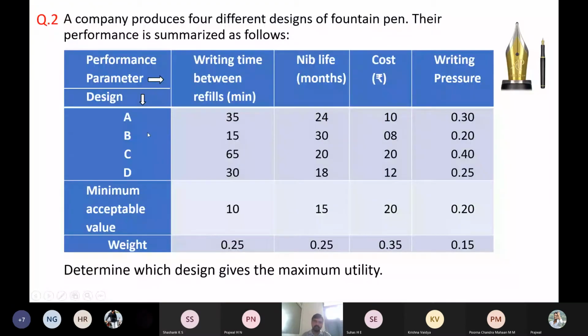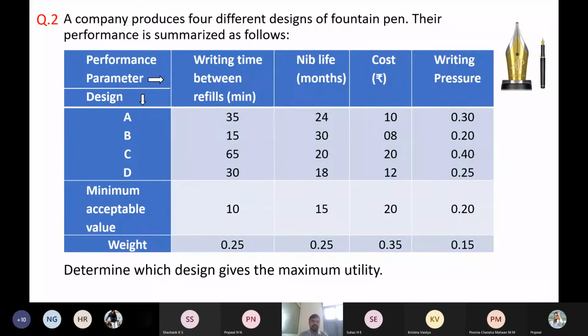Okay, we'll start today's session. In the previous class, we discussed how to find utility and how you can make a decision based on utility. You are going to select a design concept or an alternative which will provide you maximum utility. In this class also we are going to solve a few more problems that will complete unit 5.